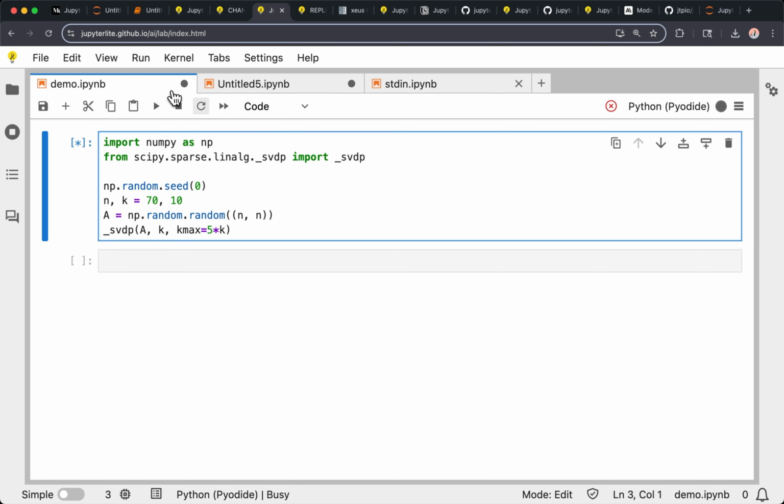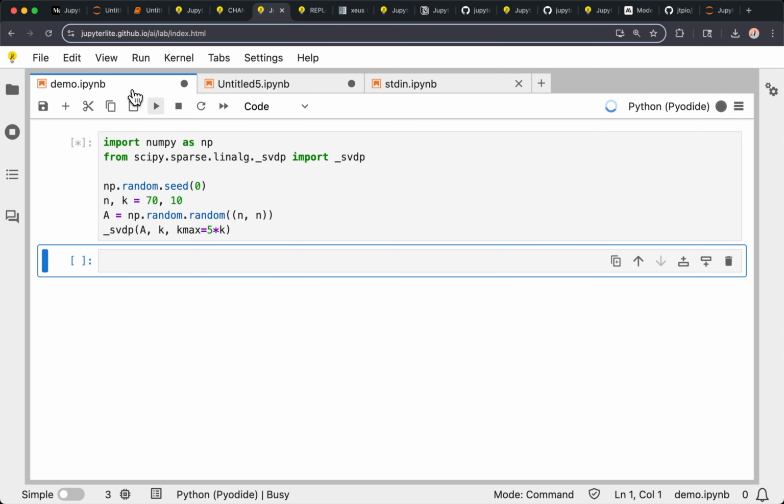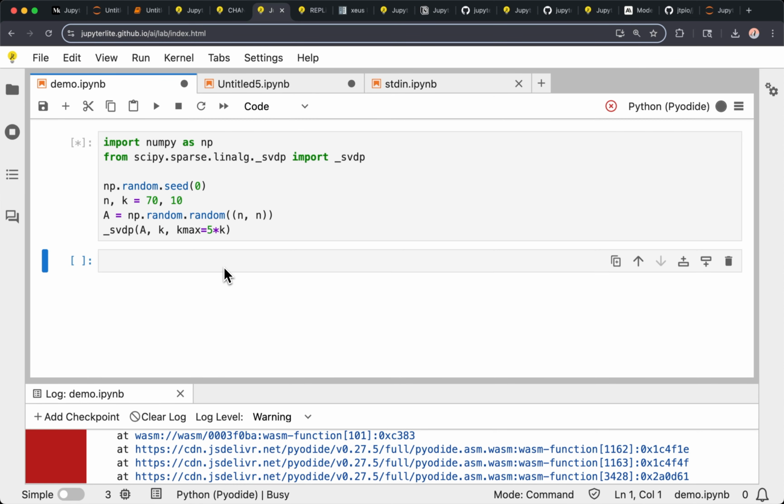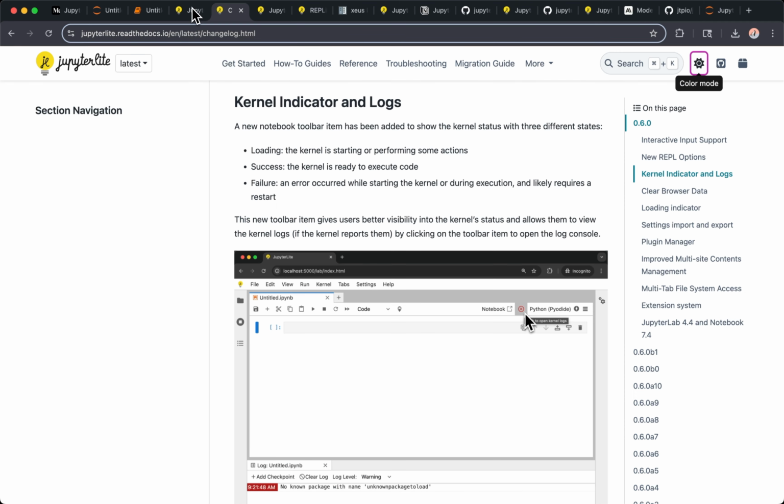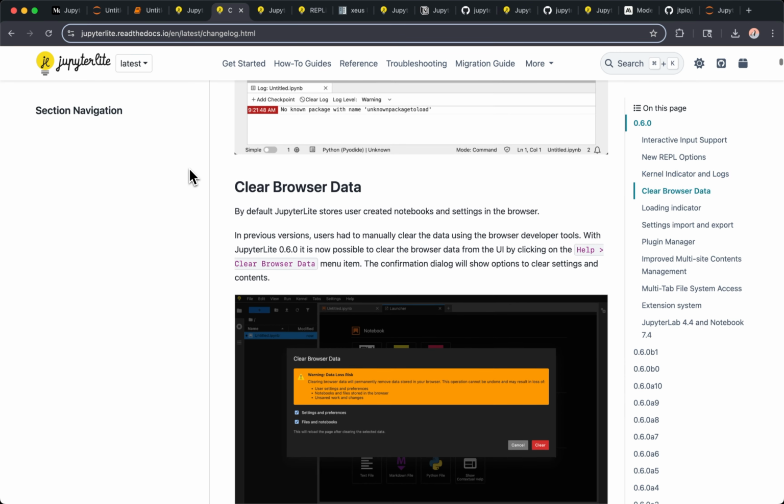And if you have the log console closed, normally if you restart and then run again, it will flash here in the status bar. So it gives the user a better idea that there is something wrong going on. A small thing again, but since people were really asking for this kind of tool to be available, it's also coming in the next version.